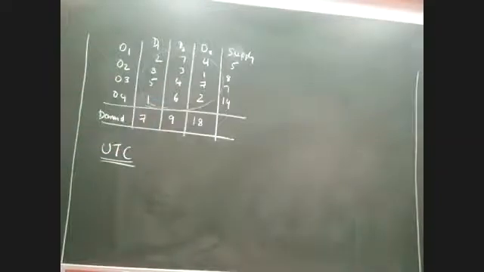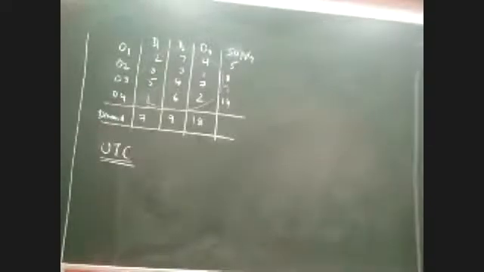Now, there is one more important thing here. In question papers, instead of using the words demand and supply, they might use different terminologies. Sometimes some examiners use words like requirement and availability. Sometimes they say X and Y. They'll not even define what it is. So don't worry about it. Apart from the unit transportation cost, whatever other values we have in the question paper are always demand and supply, and their positions can be interchanged.